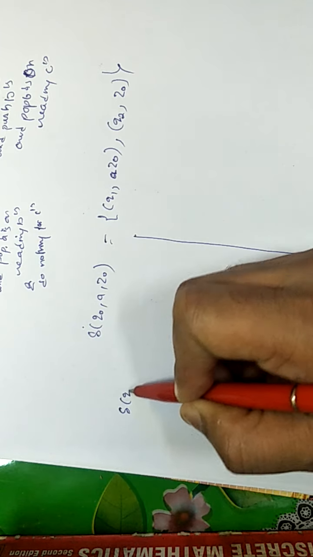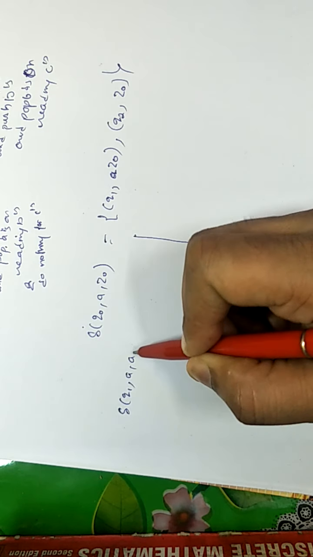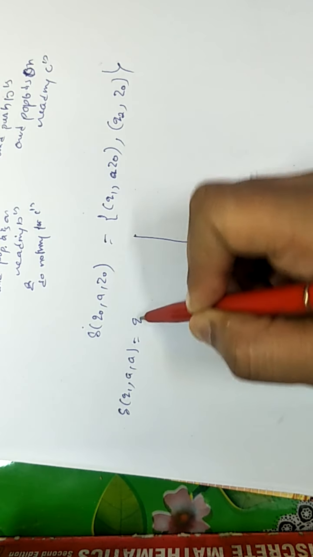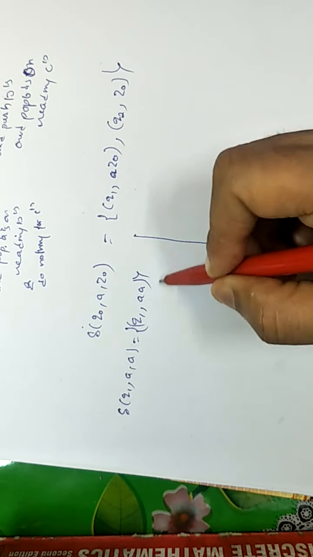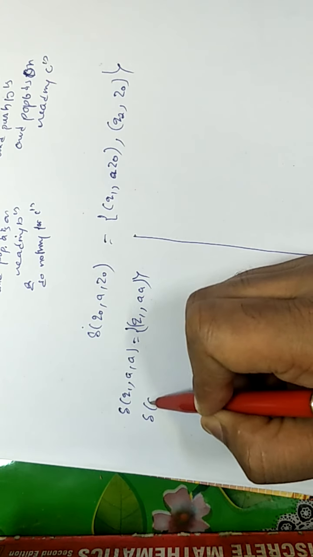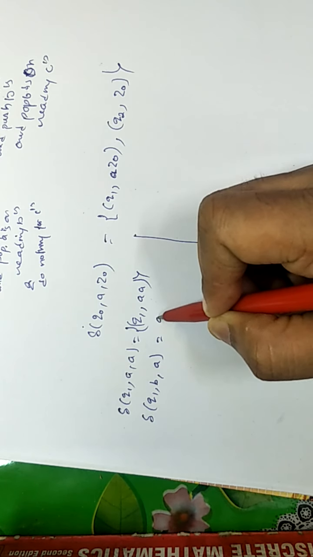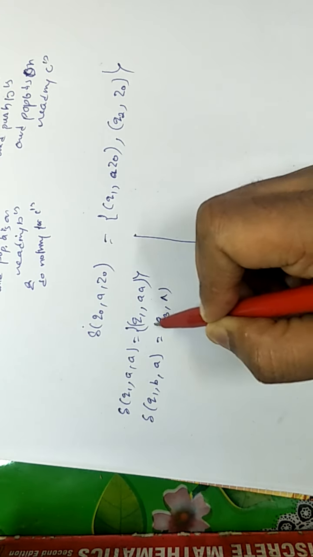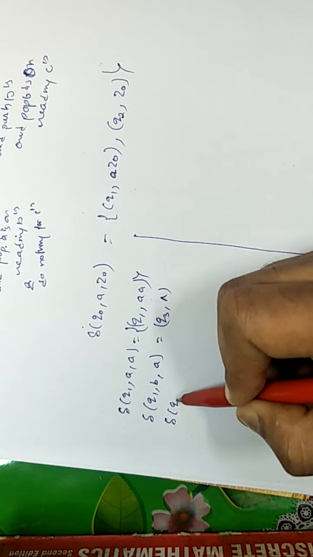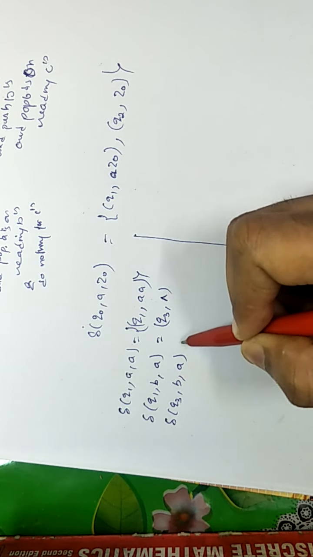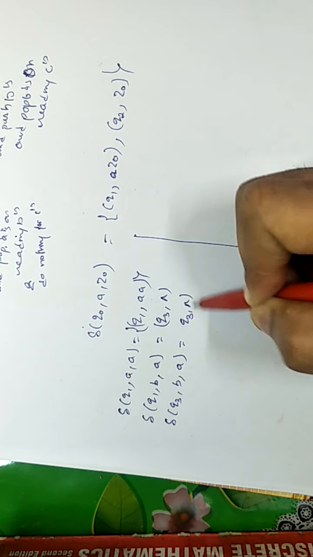So I am on q1. q1 means we are pushing a's, so there may be more a's, and a will be on the top. We make a loop here on q1 using this transition, so we can push all a's. Then I read b, the first b, so the state changes and we pop a, because in i equal to j we have to pop a with the b. After that there may be more b's, so we pop a on reading all b's. So we make a loop of the pop operation here.